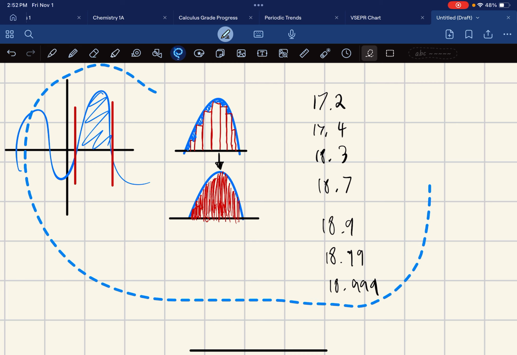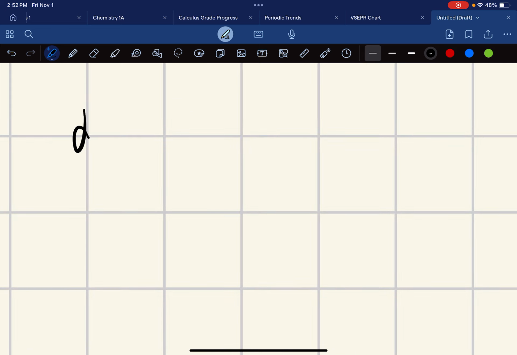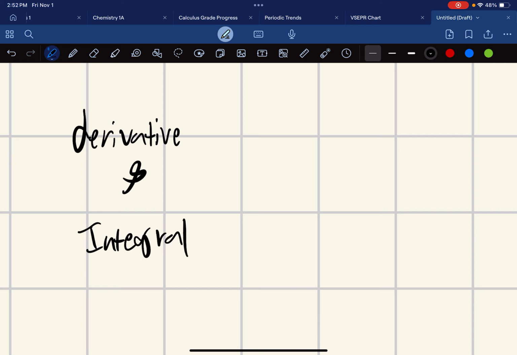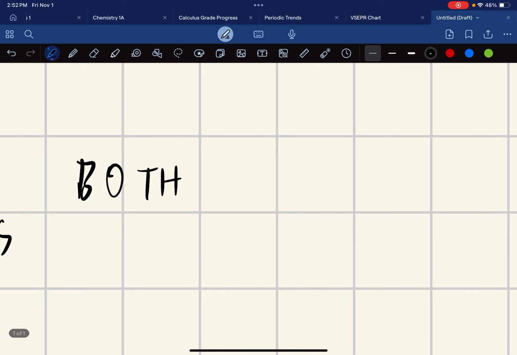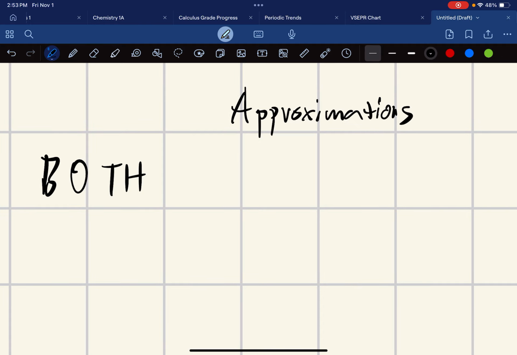So, slightly more complicated topic, I suppose. Now, right off the bat, you can probably already see two similarities between derivatives and integrals. And if you don't, let me tell you. Derivatives and integrals both, A, deal with approximations, and B, they both deal with